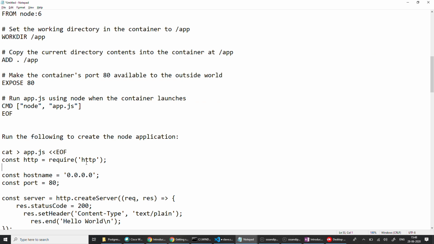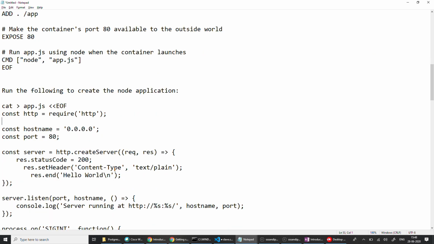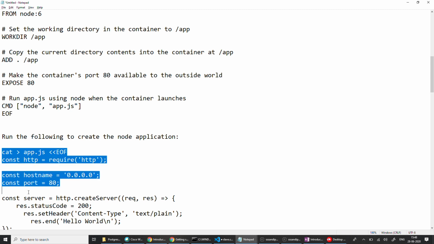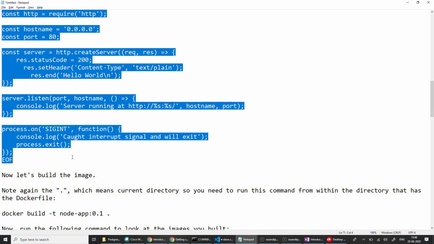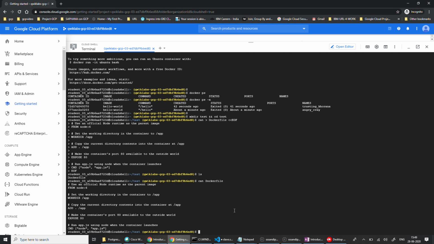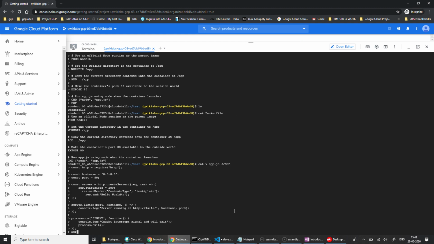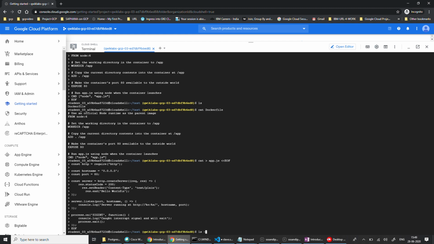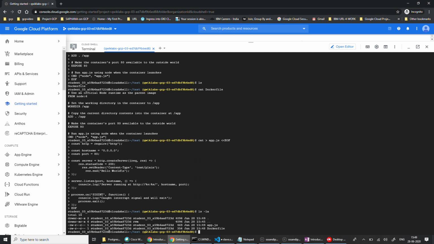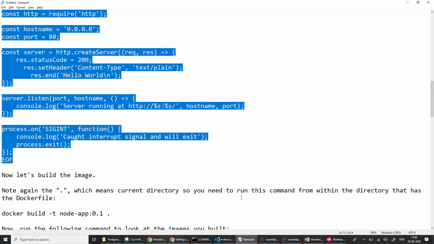Now I'll have to create a Node.js application. This is the Node.js application program, which will be so simple, hello world. Let me create that one as well. Let me check. Yes, my app.js and my Docker file both are created, because these two are required for this Docker containerized